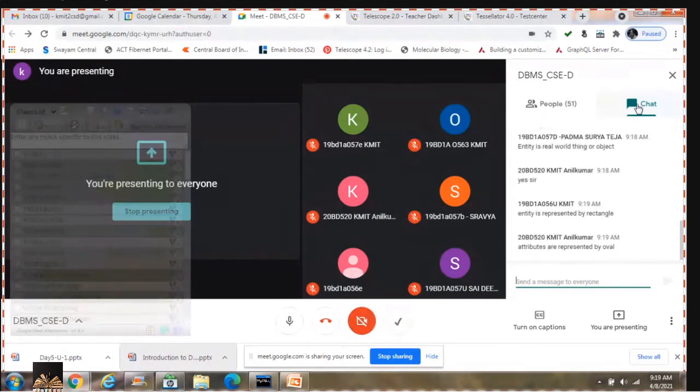Attributes are represented by oval. Okay, fine.